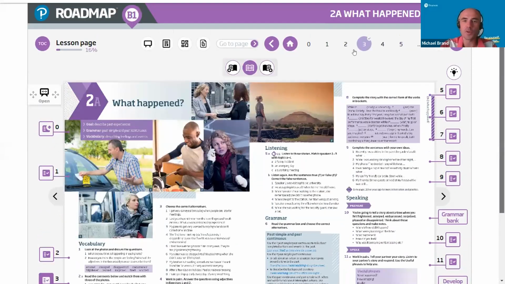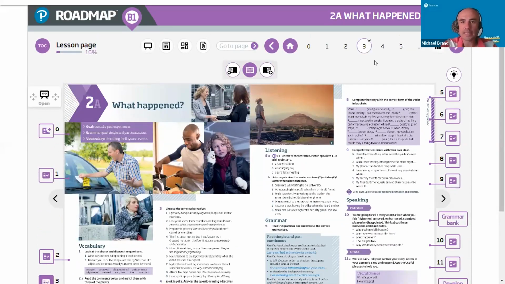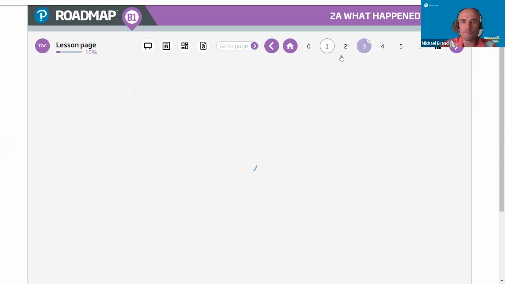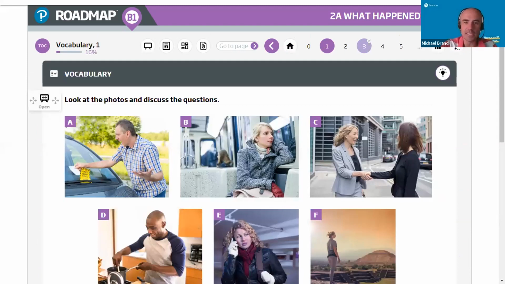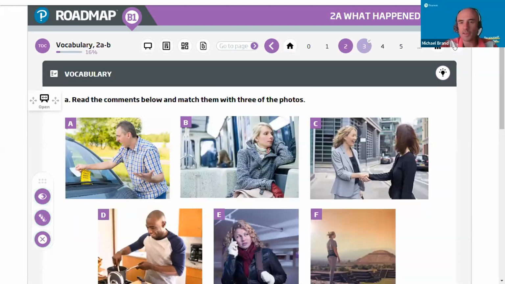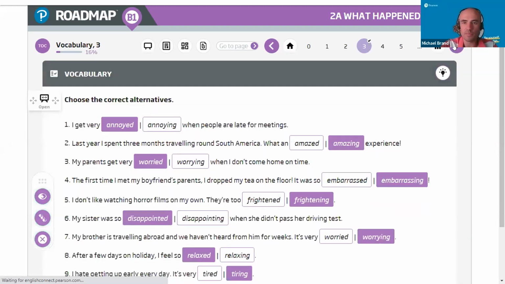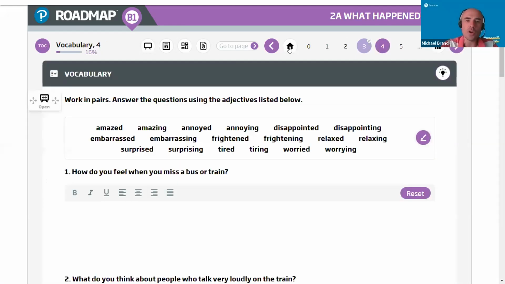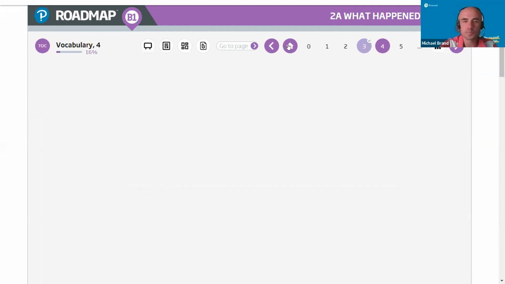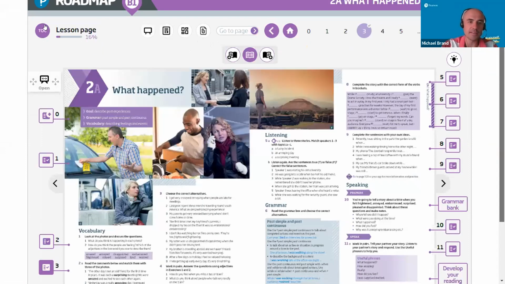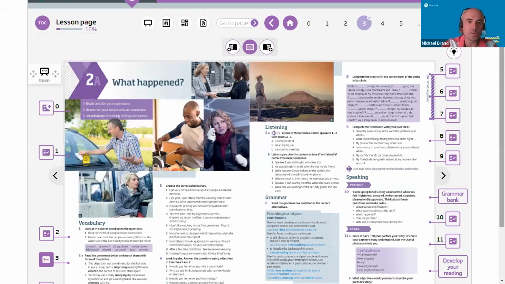There's also what's called up here a lesson flow. If I just click on an activity, I've clicked on number 1, I can scroll through the activities using the lesson flow. I don't see the full page view here, but I'm just flicking through the activities. I always go home to go back to the main page. And there's also a table of contents where the activities are. So there's lots of different ways to navigate around the page depending on what suits you best.